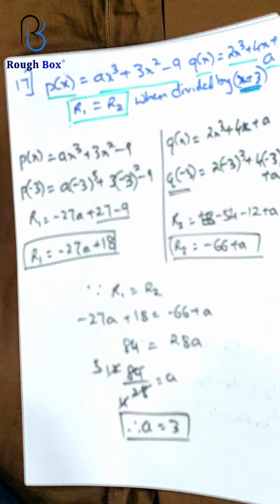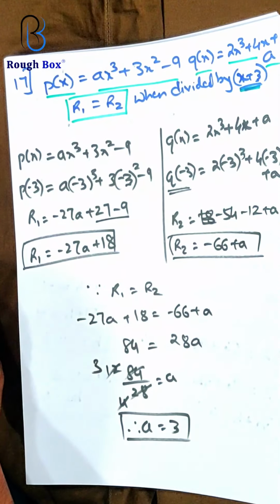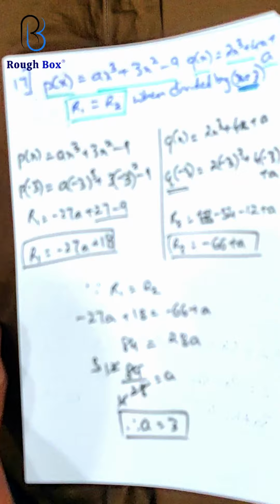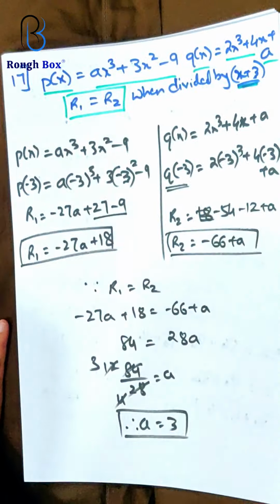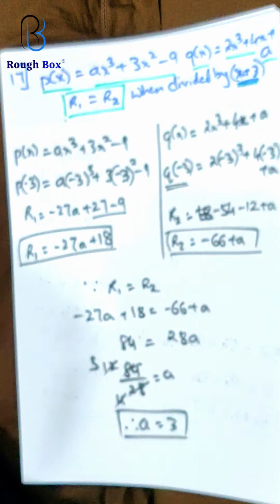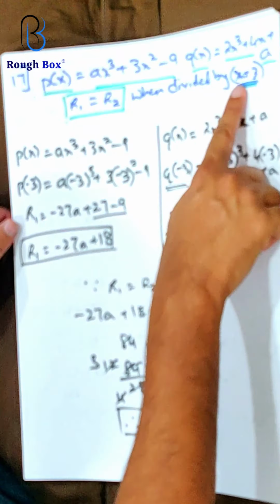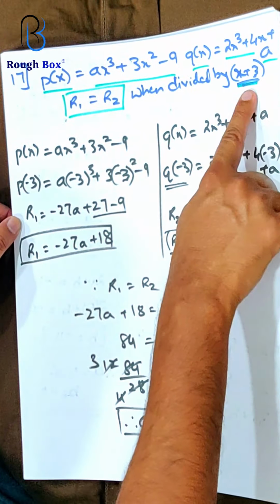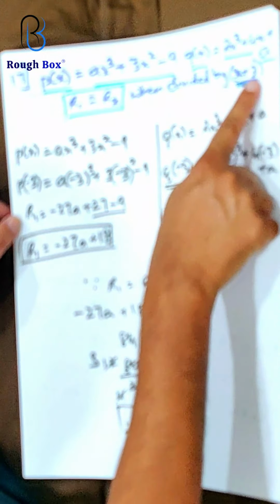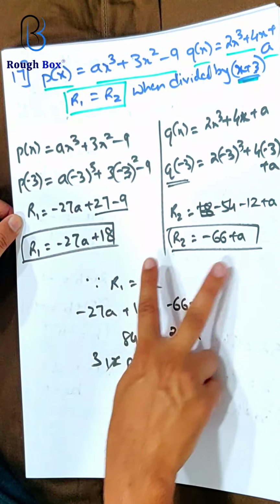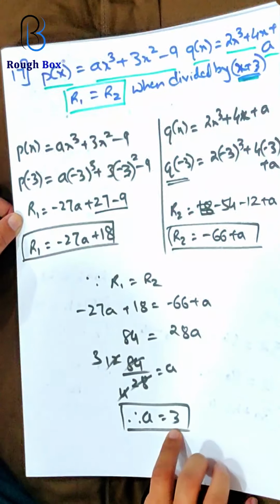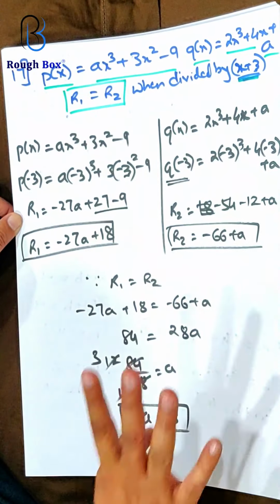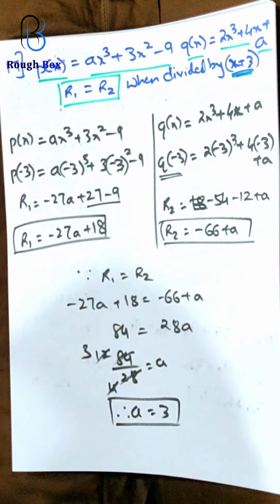So let's revise the entire sum once again in order to understand if we are on the right track or no. So they say that there are two equations or two expressions here, px, qx, and when they are divided by x plus 3, the remainder in both the cases is the same. So you substitute in both the cases, get two remainders, equate the two remainders together and solve. Yeah, 1 mark you will get here, 1 mark here and 1 mark for this, and 1 mark for this. 4 mark question, usually in the boards we expect such sums.